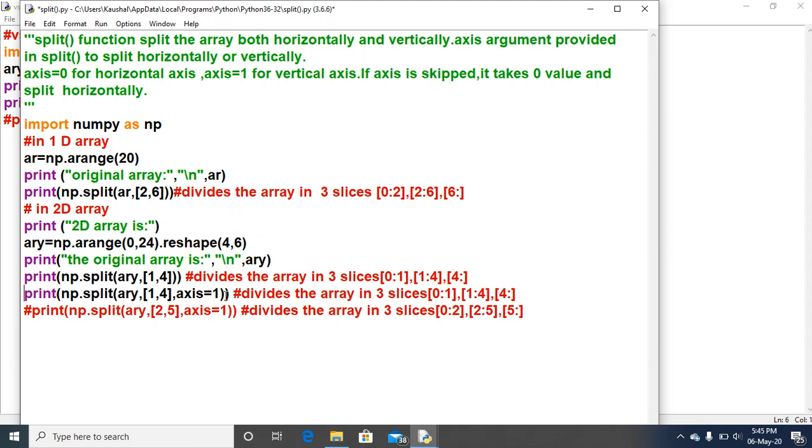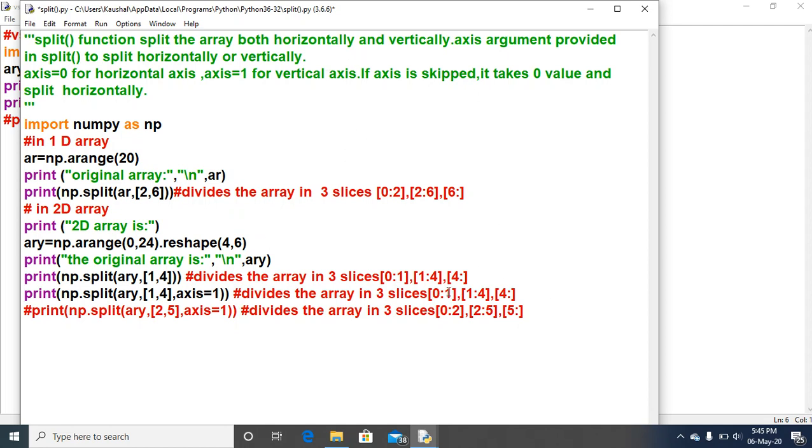Now you just see, in the next example, in the next line, I have given the axis value as 1. Here we have not provided the axis value, and the last one we have provided the axis value as 1. When the axis value is 1, it will divide the array into 3 slices, obviously because of the 1 comma 4, but at the same time the slicing will be on the vertical axis.